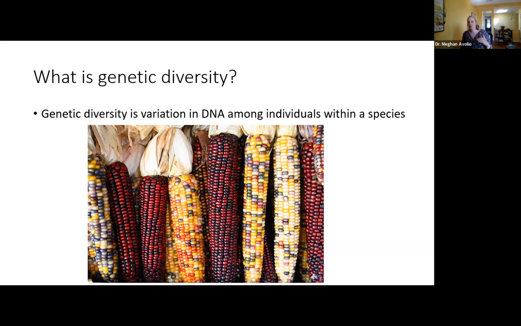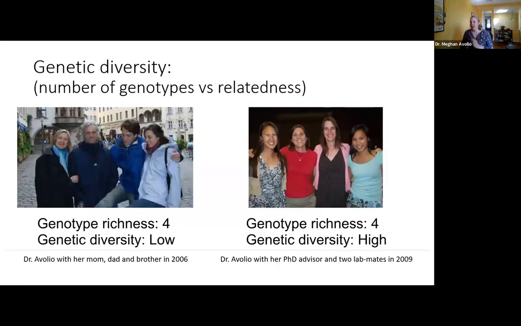So let's all hark back to thinking about what genetic diversity is. There's two ways to think about it. We could think about this in terms of how many genotypes are present. And with animals that are absolutely separate individuals, it's really easy to conceptualize this. Like each individual person is a genotype. It's a little bit more difficult in some plant species where they can be connected below ground as clones, but right now let's be thinking about it in terms of people.